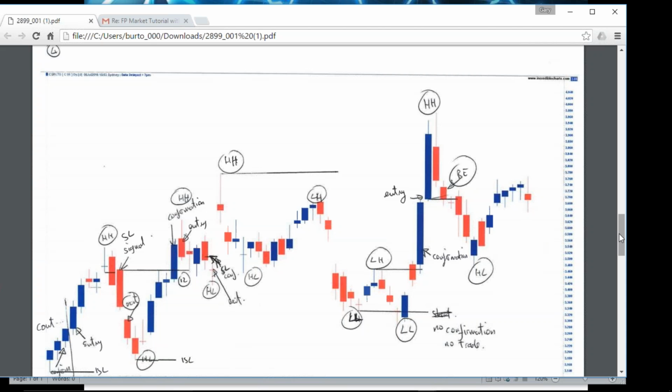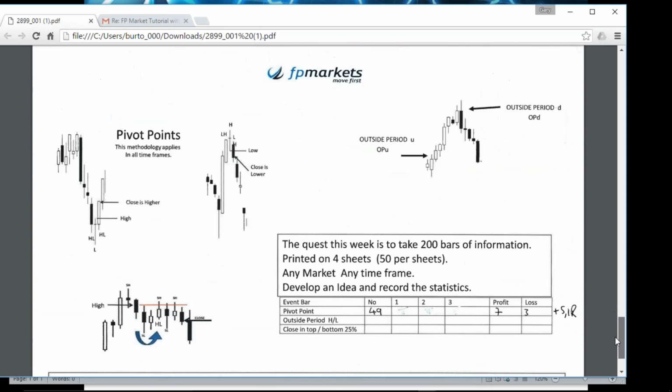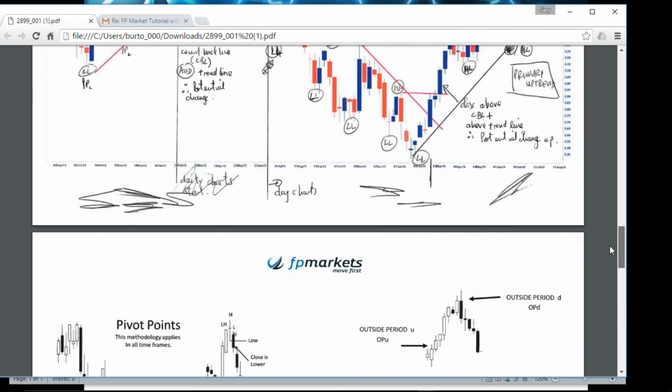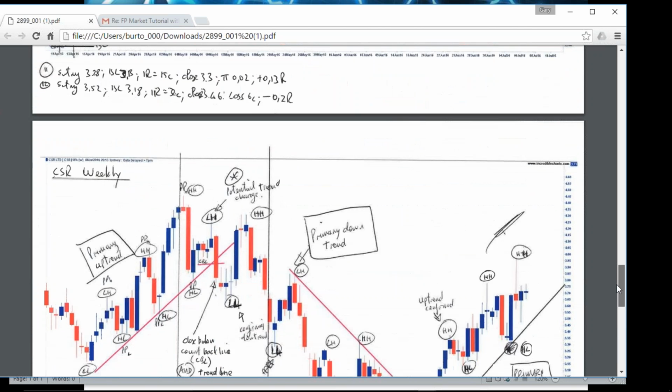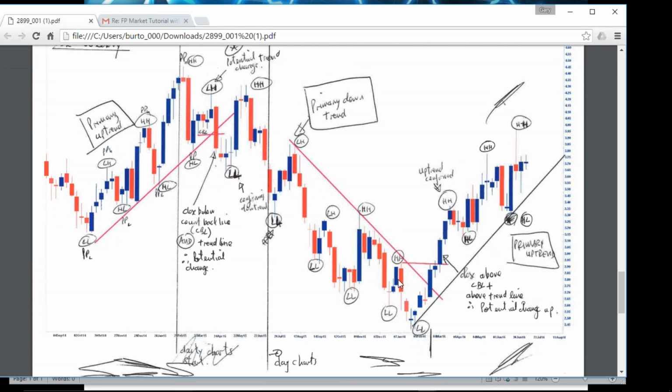So it's a good start. There's homework there. A really good start to putting something together. I'd take those lines off there and focus on the price action, but a good start